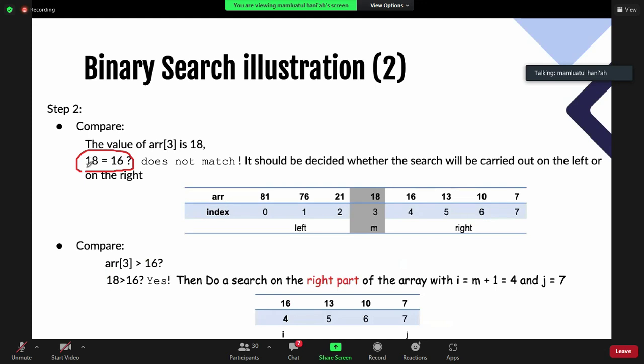Because your middle is more than your K, you need to go to the right part with I equal to middle plus 1. So in here you have I and J.